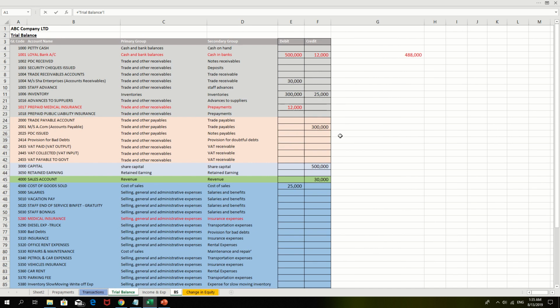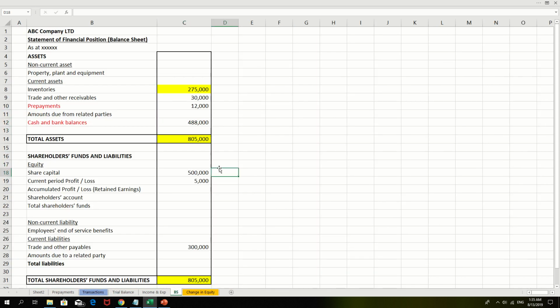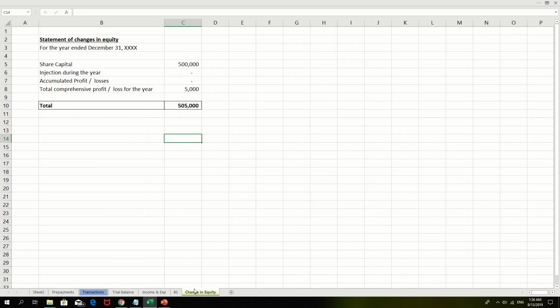Let us take the actual cash balance after this entry. So it's 805 total assets, and this is a trade and other receivables, prepayments, a new asset created. So our balance sheet tallied here. Okay, now